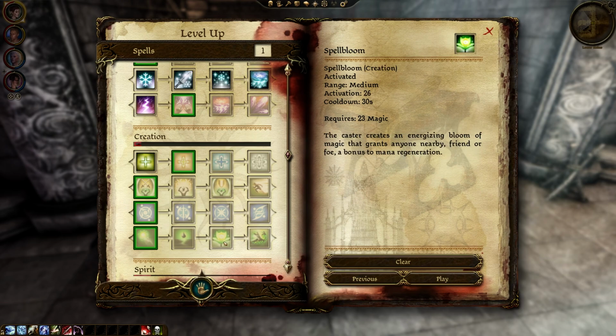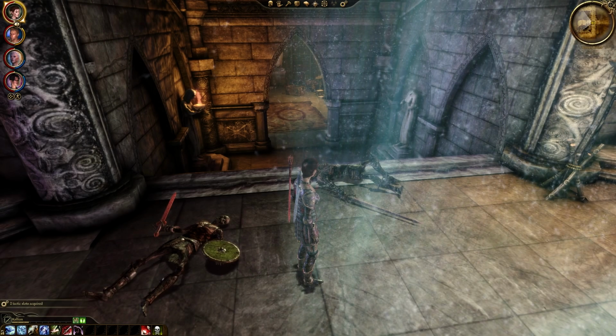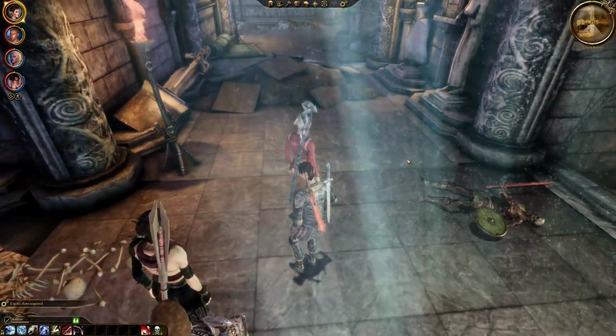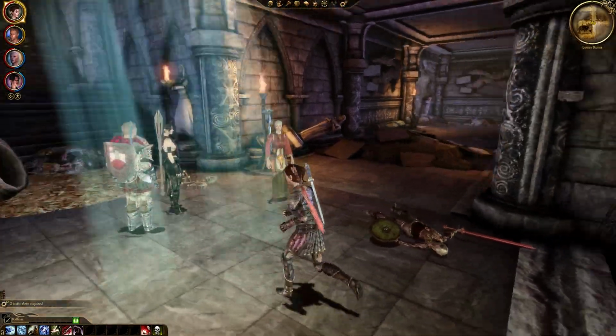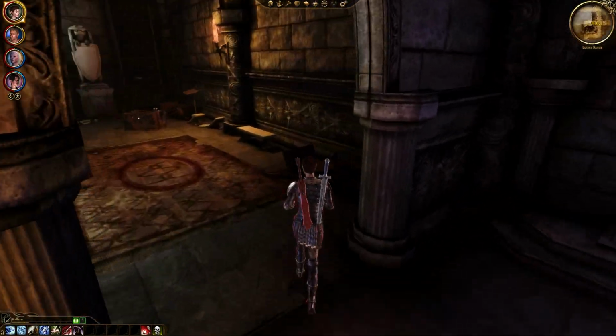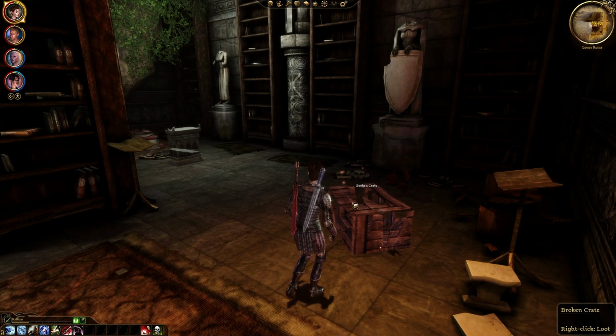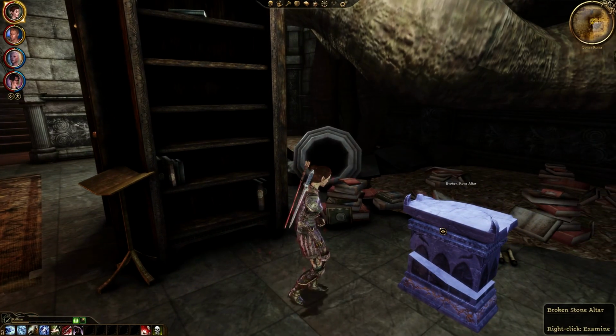What about Spell Bloom? Yeah, sure. I just want to start giving her support things. She does enough damage already, I guess. Both the mages are kind of playing support characters, if we're honest. They're there to make... I'd say not even Alistair. They're there to make me do lots of damage more than anything else. Alistair's fine. He can do decent damage, but...